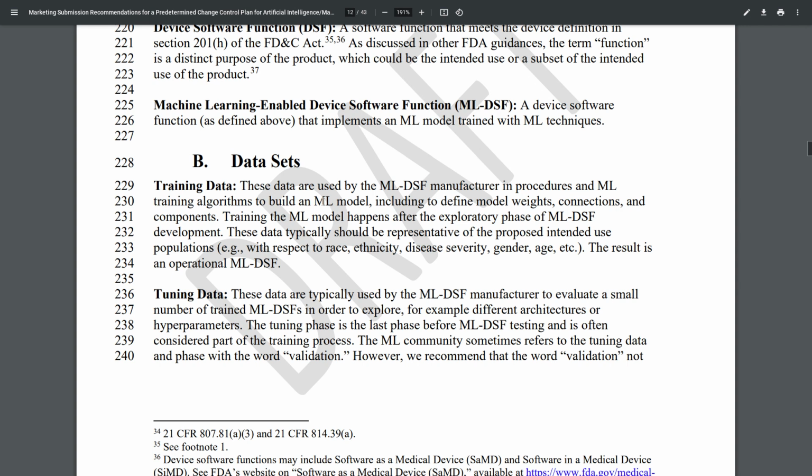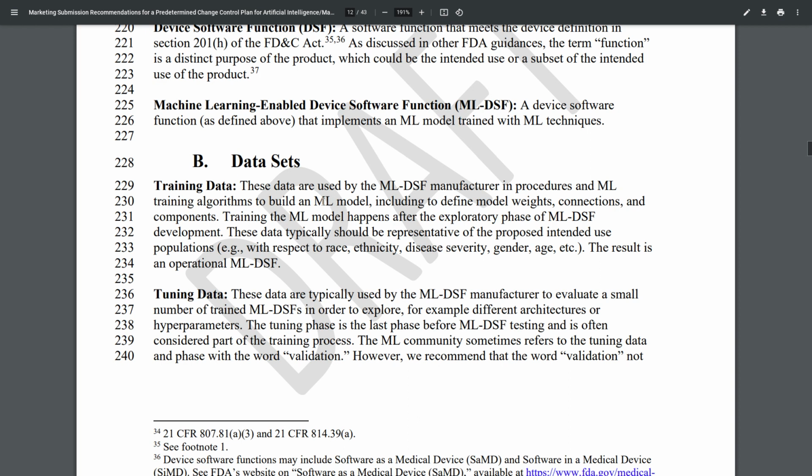Tuning data. These data are typically used by the MLDSF manufacturer to evaluate a small number of trained MLDSFs in order to explore, for example, different architectures or hyperparameters. The tuning phase is the last phase before MLDSF testing and is often considered part of the training process. The ML community sometimes refers to the tuning data and phase with the word validation.